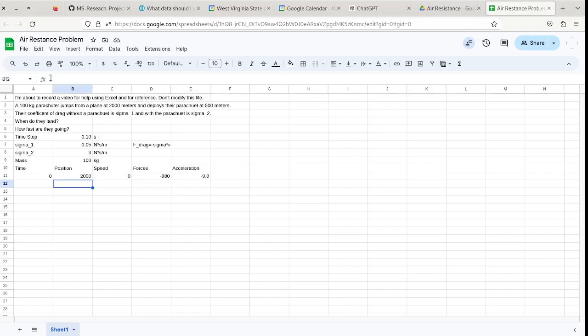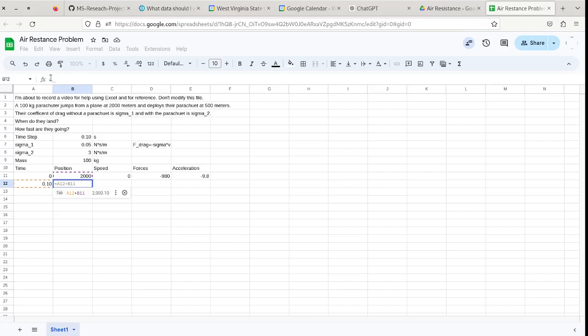Okay, next time step. The next time step is the previous time plus $6. Again, specifying that each increment in time is going to refer back to here. Position. I'm going to use